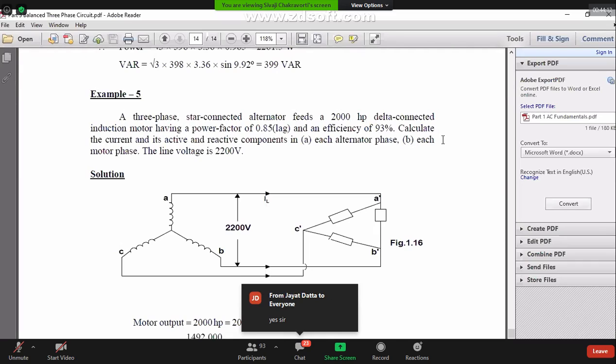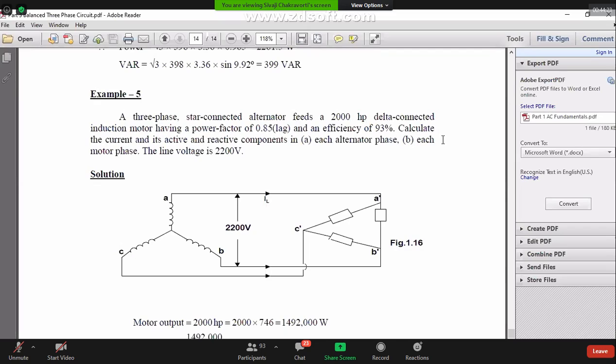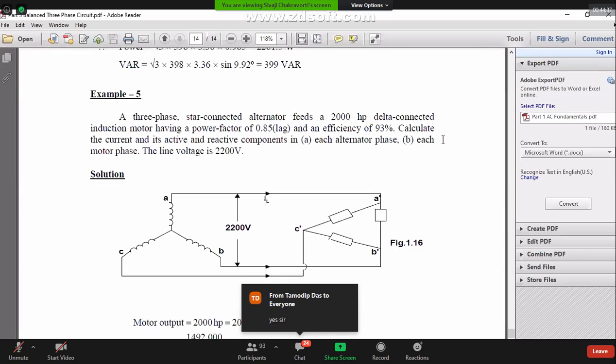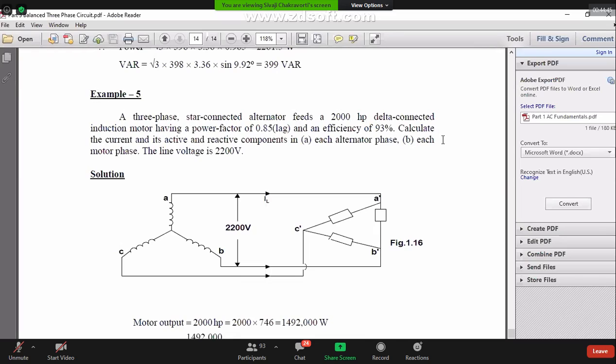Now here I have to ask you one thing, because you are all young students. You must have heard about motors, but as you know, motors can be DC motors, motors can be AC motors. As I said, in our practical life, mostly we deal with AC circuits, hardly DC circuits. So mostly these are AC motors. Have you ever seen an induction motor? Who has seen out of this? I can see 97 people here. Have you seen an induction motor anywhere? If not, I will give you an example.